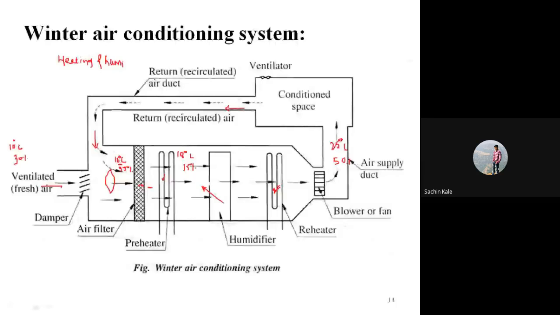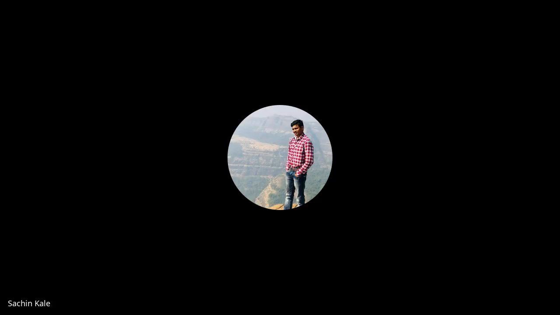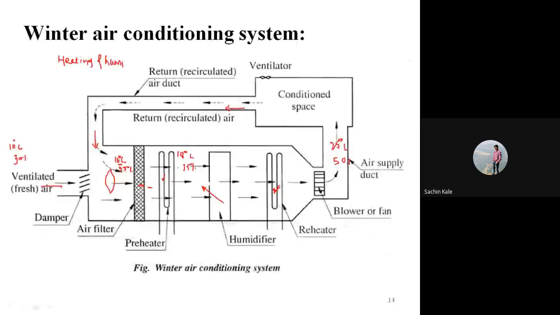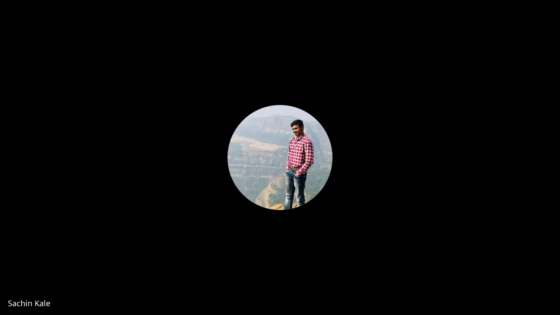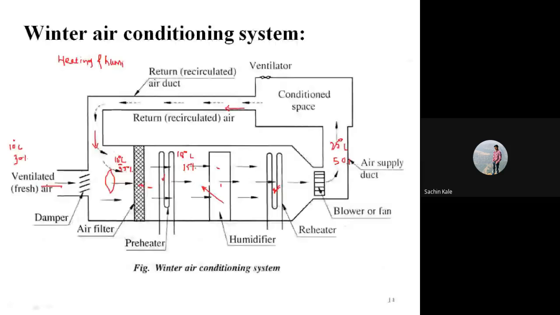त्यामुळे ह्या ठिकाणी काय केलेलं आपण? प्रीहीटिंग कॉइल यूज केलेले. Now that after preheating, that air will be supplied over the humidifier. Inside the humidifier, here water vapor will be mixed inside that air. And after that म्हणजे ह्या ठिकाणी काय करणार आहे आपण? ह्युमिडिफिकेशन करणार आहे. म्हणजे ह्या ठिकाणी आउटसाइडला जी काय एअर येणार आहे, सपोज ते एअरचं टेम्परेचर झालं 18 डिग्री सेंटीग्रेड